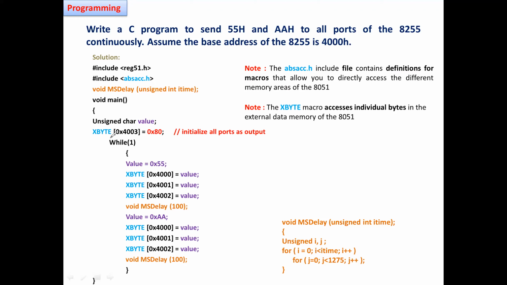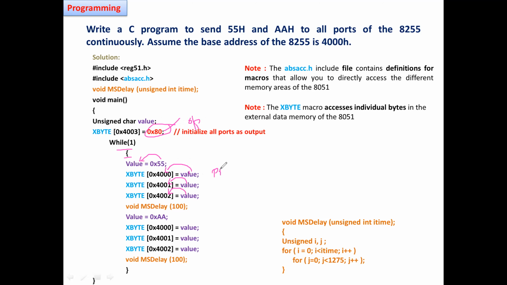Now I will open a while loop. I have programmed my 8255. All my ports are going to act as output ports. This is the only important thing you need to do. Then put the value you want to send to port A, port B, port C. Now I'm passing this value to port A, the same value to port B, and the same value to port C.